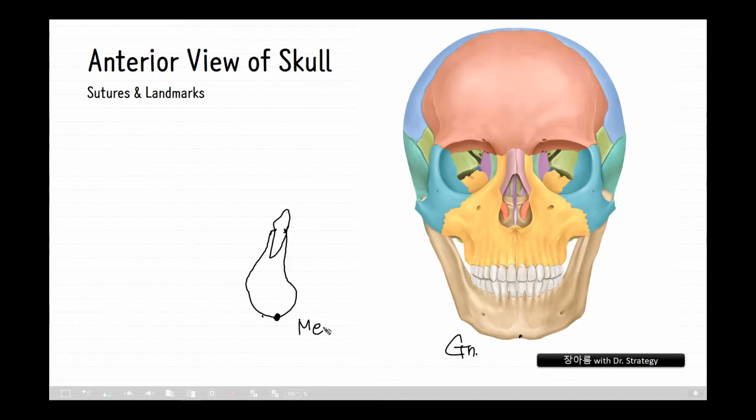Pogonion. Pogonion is the most anterior point of the mandibular symphysis. So in this mid-sagittal figure, this is the most anterior point, so this is the pogonion. So in this frontal figure, there may be pogonion around here,